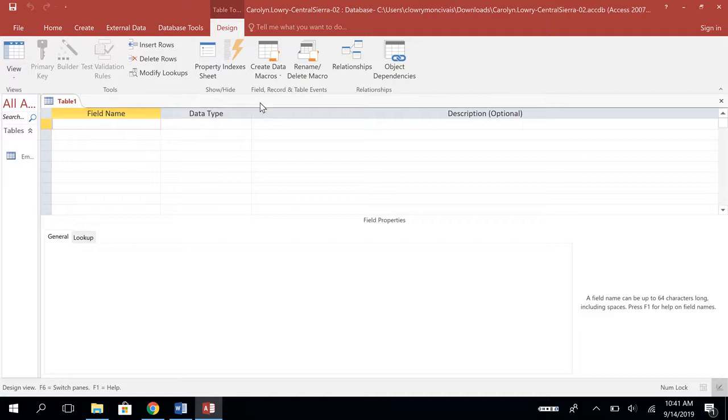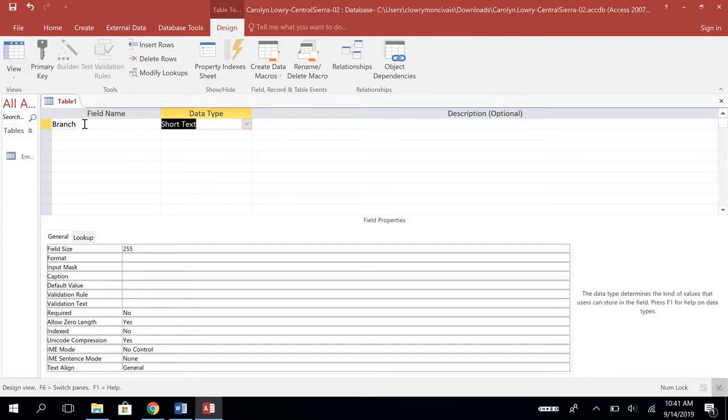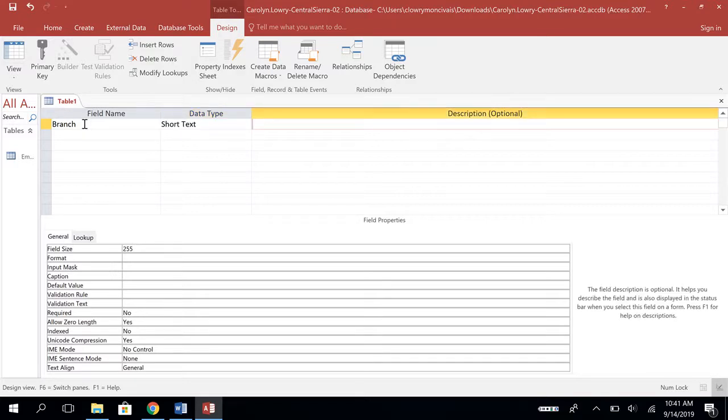So in the field name, we're going to type Branch, and hit tab, and then we go to data type, and it wants us to do Short Text, and in the description we're supposed to write unique branch name,